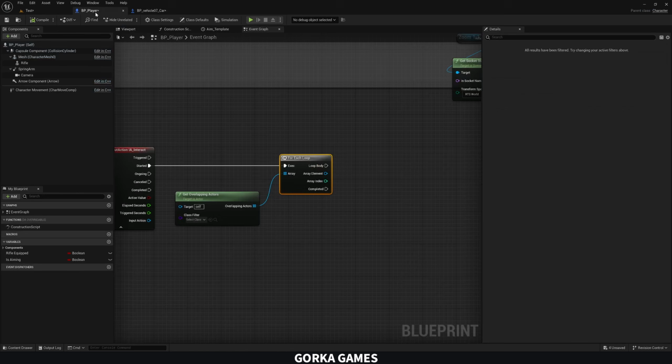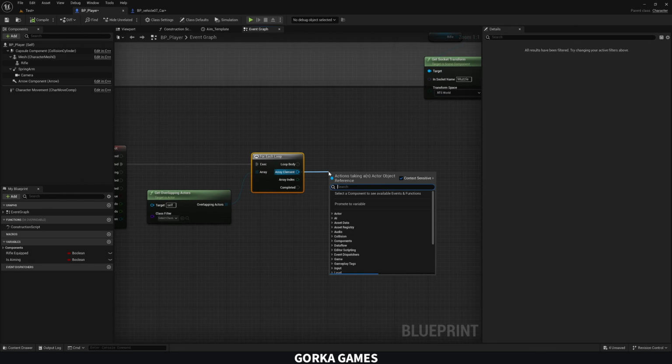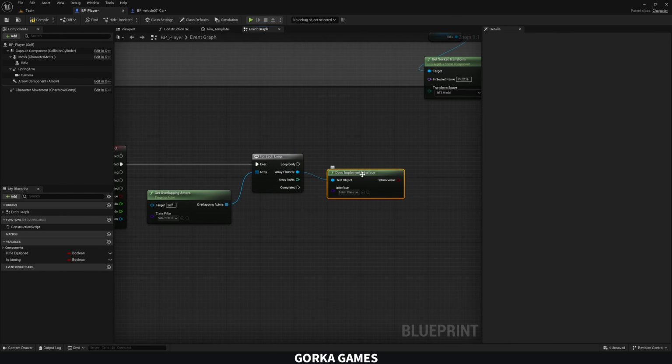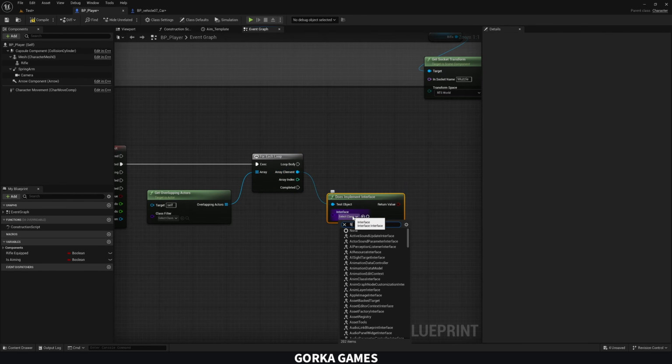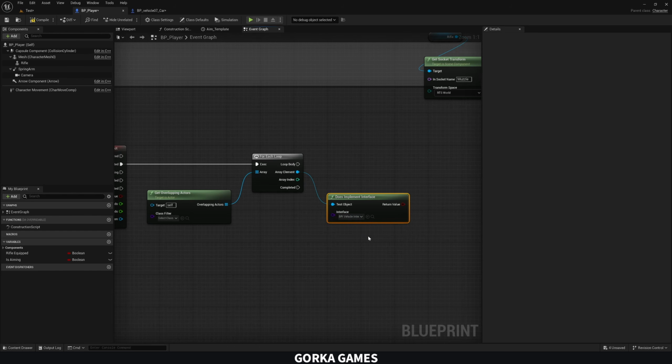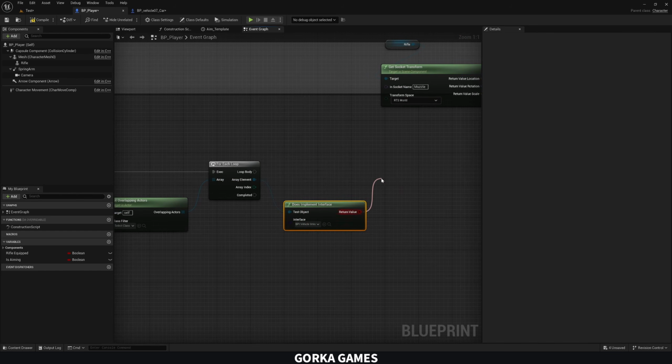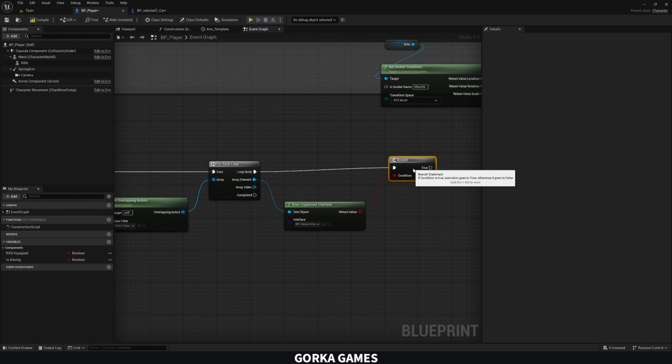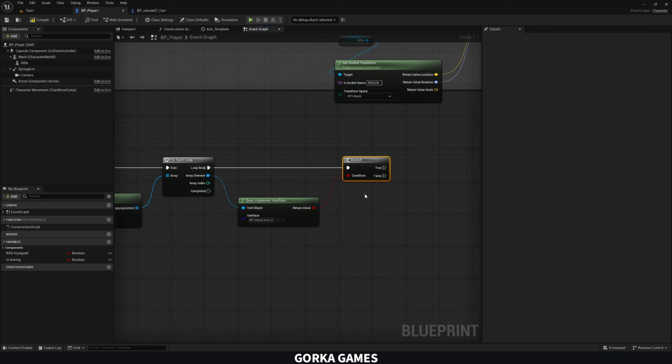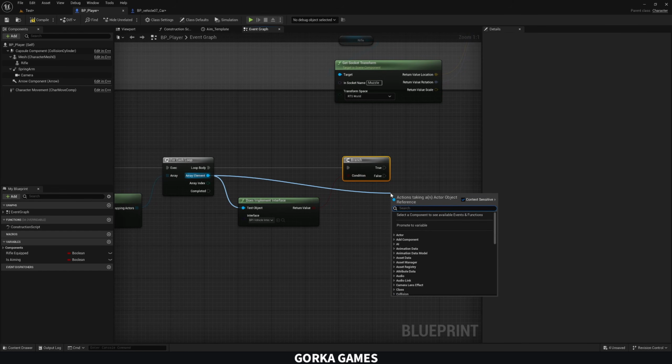Now compile, go to our player, and from here we can use the "Does Implement Interface" node, and we can specify if it has this vehicle interaction node. If it does, that means we can go ahead and interact with this actor, which should be a vehicle, and we can call one of the interface functions that we created. For example, it will be Enter Vehicle,